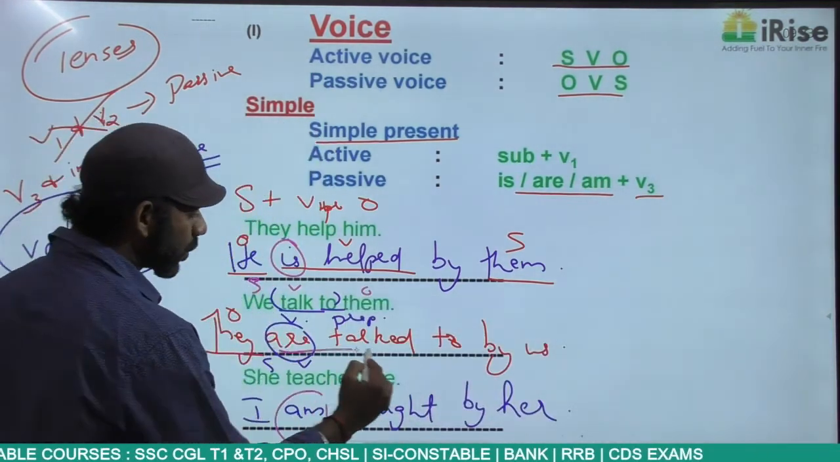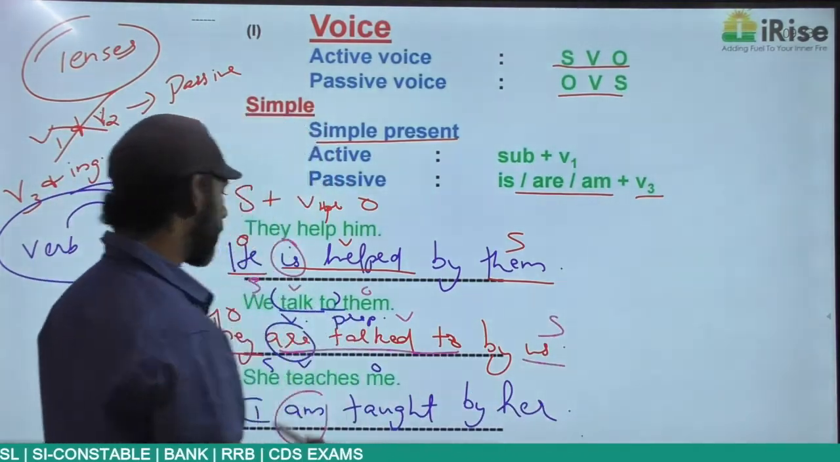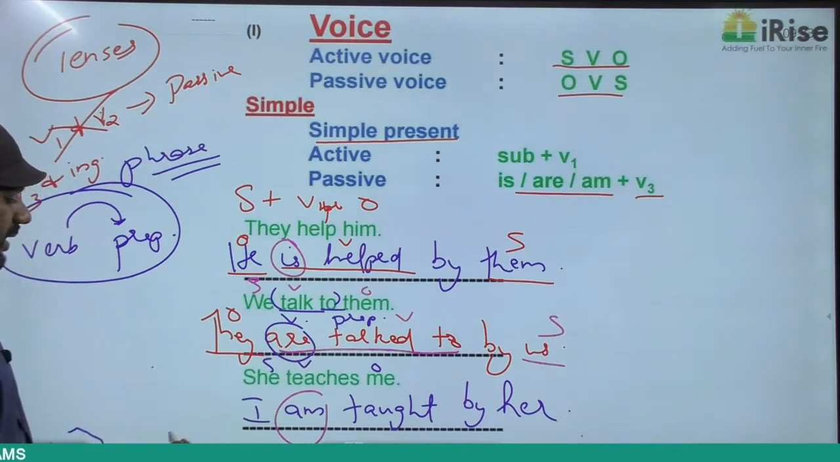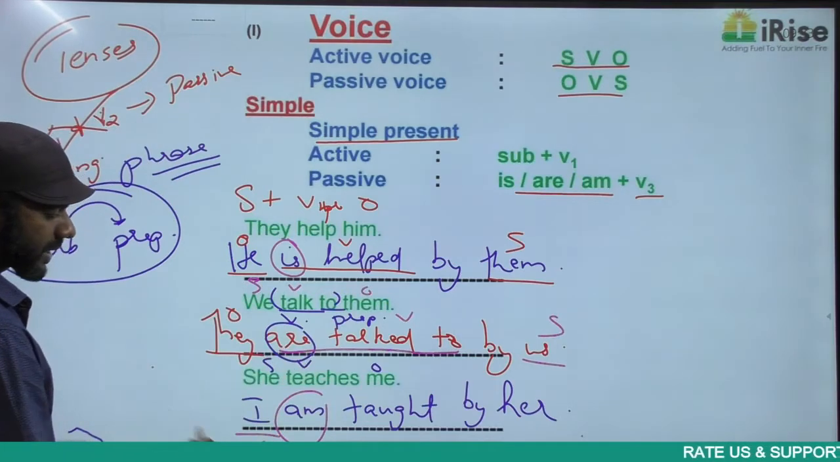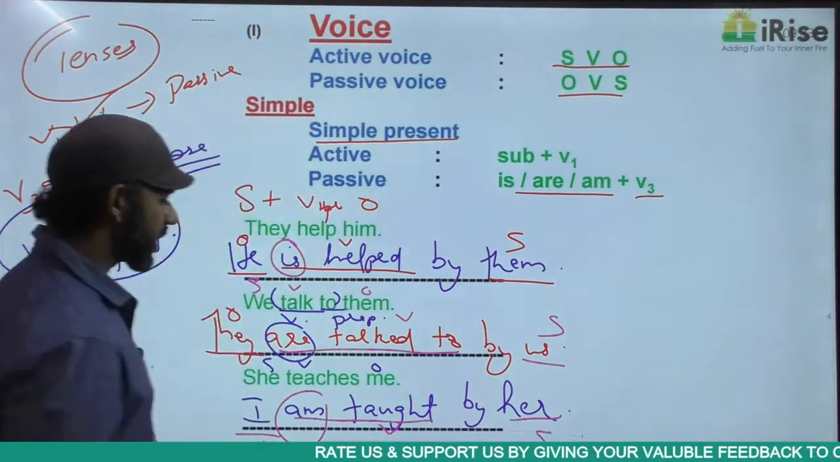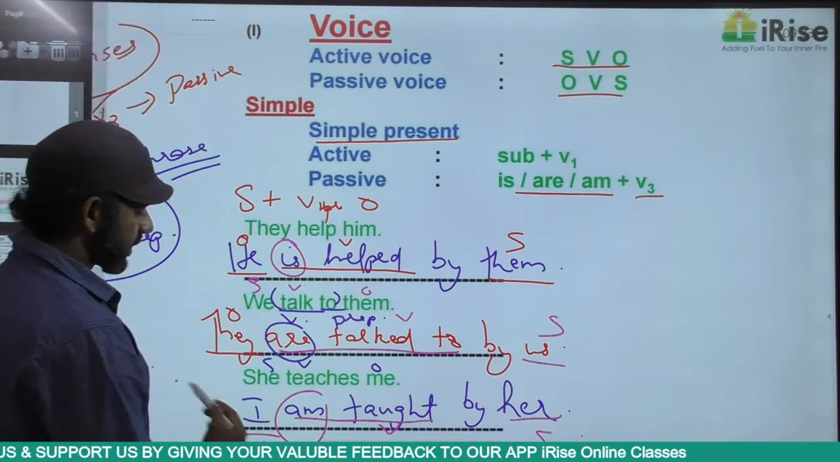Are talked to is the verb here. Us is the subject: object, verb, subject, passive voice. I am taught by her. The pronoun I is the object here. Am taught is the verb here. Her is the subject: object, verb, subject, passive voice. Now these sentences,